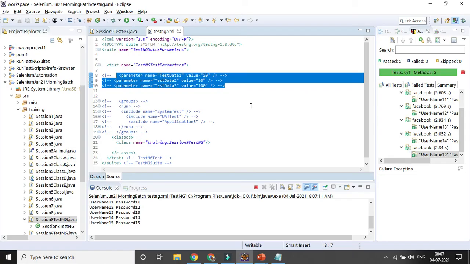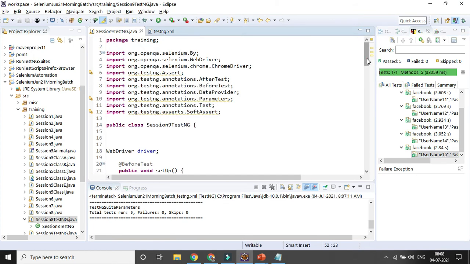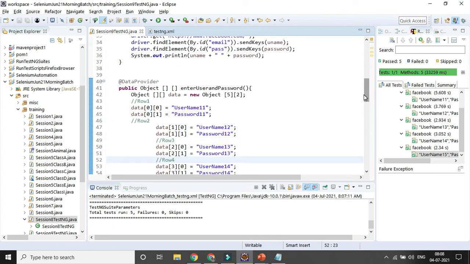Okay, you can see the 5 iterations have run. So that is the beauty of data provider. We can run any number of times. We are not impacting our test part, we are just updating the data provider part, to change the number of iterations or the number of arguments.